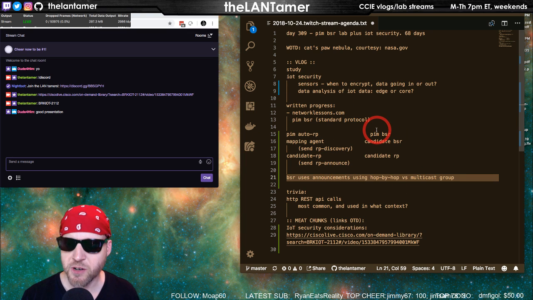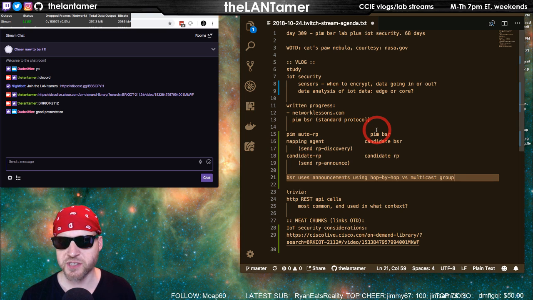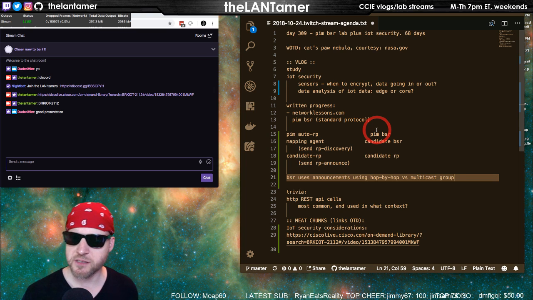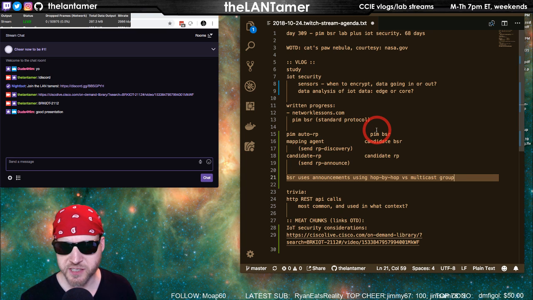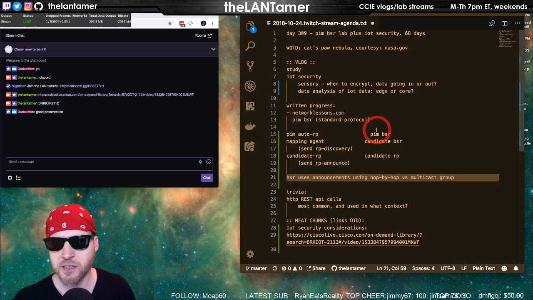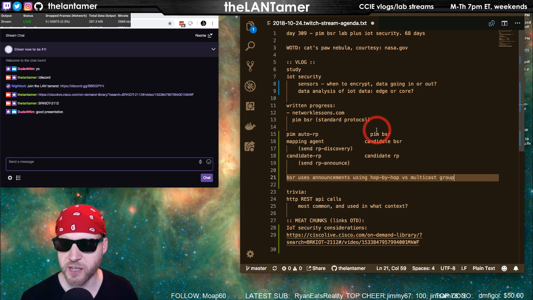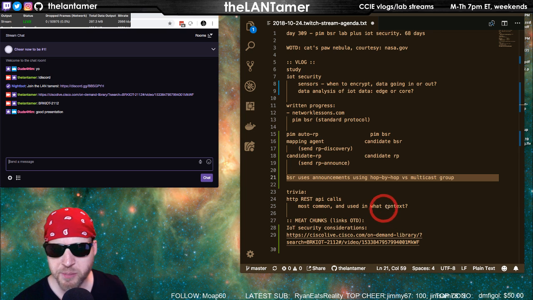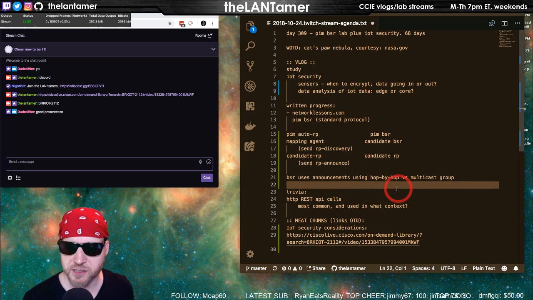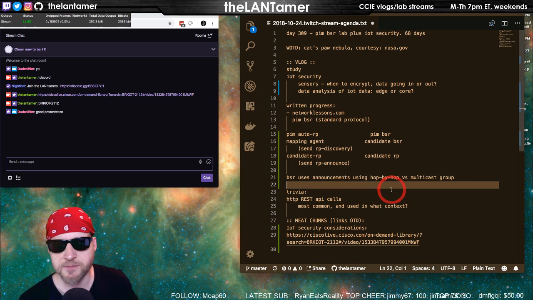224.0.1.39. BSR, when it does an announcement, operates a little like a switch in my mind. So it's sending the announcement out of every multicast PIM interface except the one that it received it on. So instead of sending to one of these multicast addresses, what address does it use here? Yeah, it uses a PIM address like